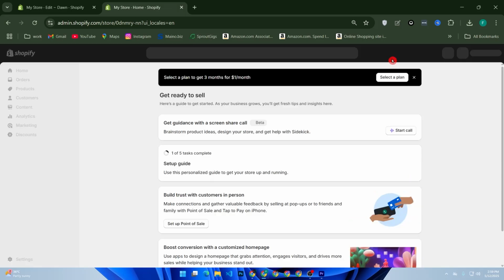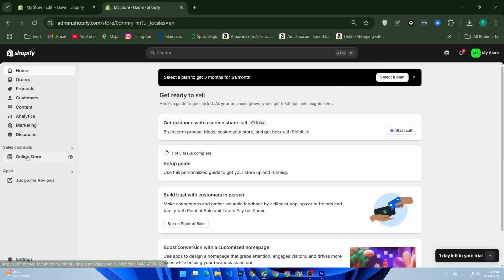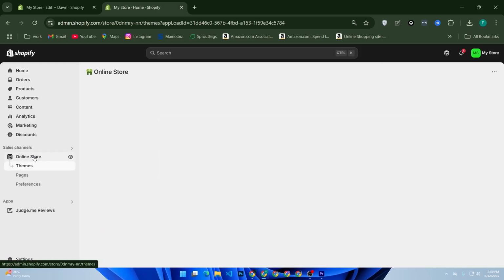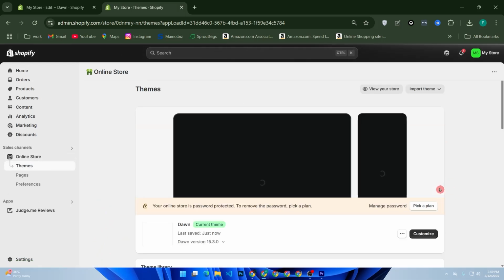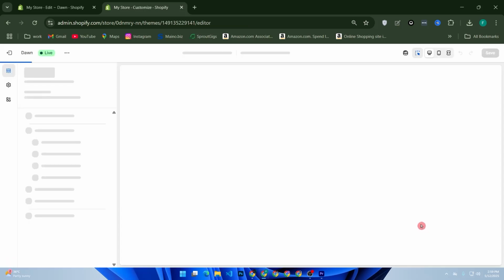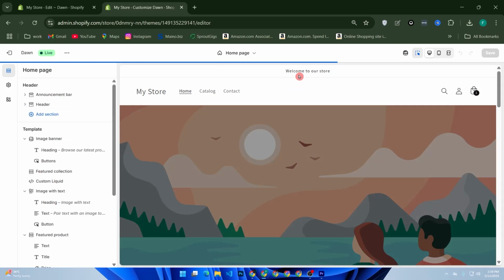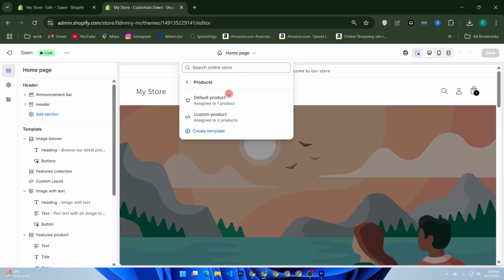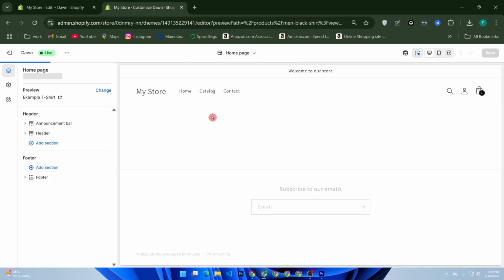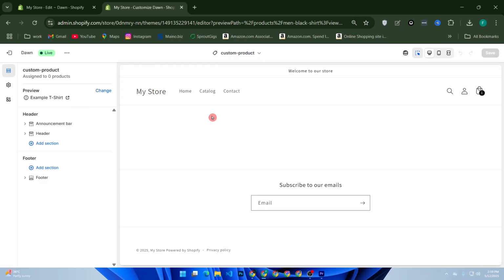Now from online store, click customize. In the top drop down menu, choose products, then custom product. Now you can drag and drop different sections like product image gallery,